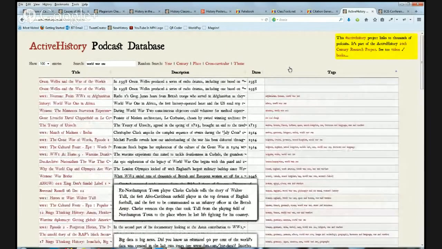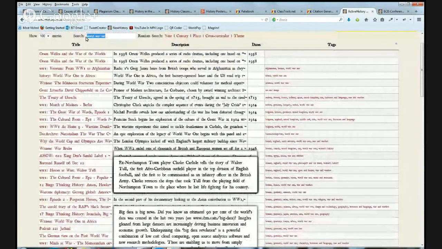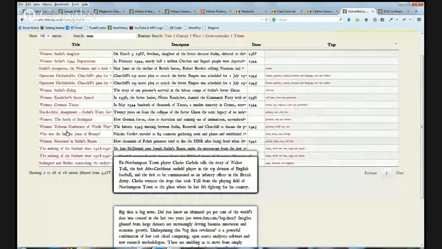Or you can search again for Stalin, just to give you a smaller example. And you've got a load of podcasts there. Any one of those, if you click them, it takes you directly to the MP3 file, and you can listen to it directly or download it to your computer for offline use. I often search for them, save them, and give them to students as extension material.